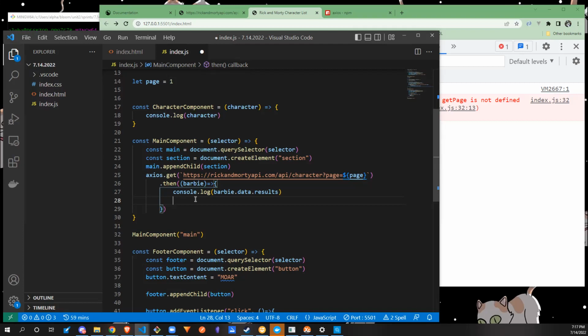But even for a simple project like this, there's a lot of things that I probably have to explain and go through before I could get it working. I think it would turn into a 3 or 4 hour project just to remove, say, 6 lines of code. So in this specific instance, this is going to be a lot easier. So inside of my then, I'm going to call my character component. And I'm going to pass in my Barbie.data result. So if I save this,